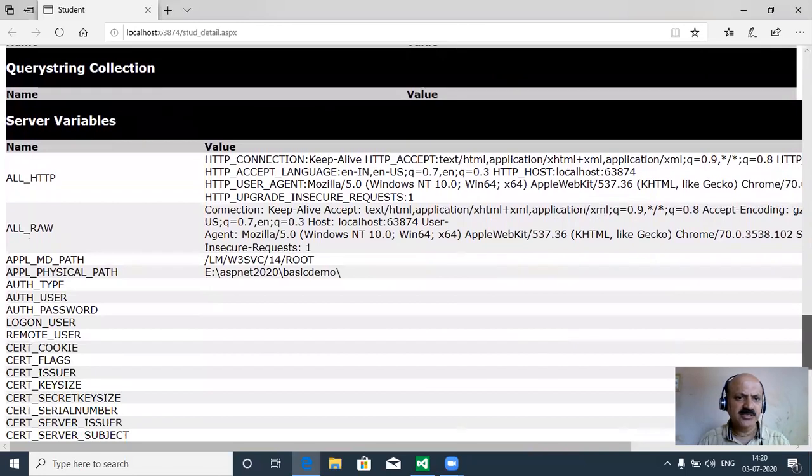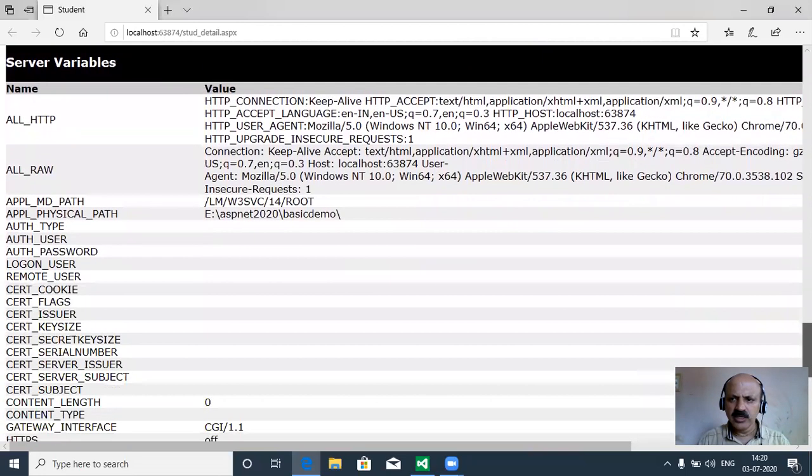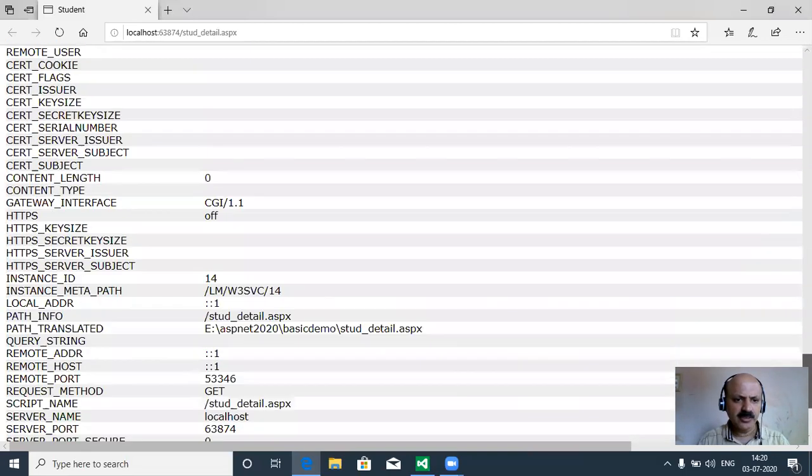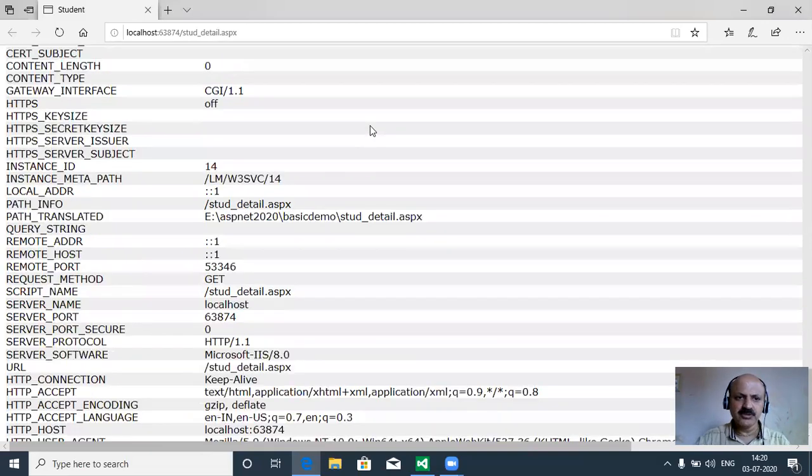And the last section is server variables, which server variables are used in our Microsoft Visual Studio .NET and our web page. So here the HTTP protocol is a stateless protocol, and it shows which browsers are supported. And here the .NET framework version and ASP engine version are provided by this information.